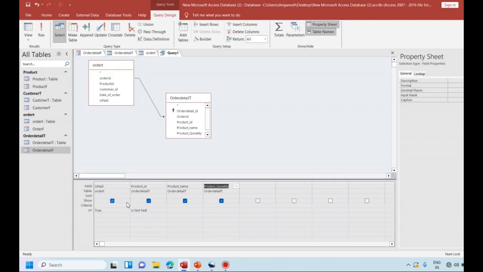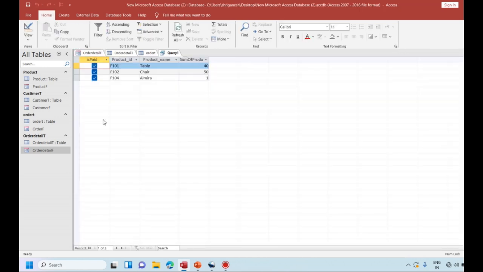We go to the design view, and I just do one thing. At the top there is an aggregate function. I just click over it, and here for the quantity I just write sum and run the query. You can see the table, chair, and almirah come in the same group and the quantities are summed up. So this is how we can achieve this. I hope you understand how we can calculate the stock out query. So in the next video we will